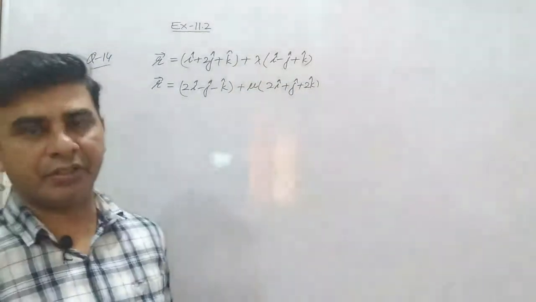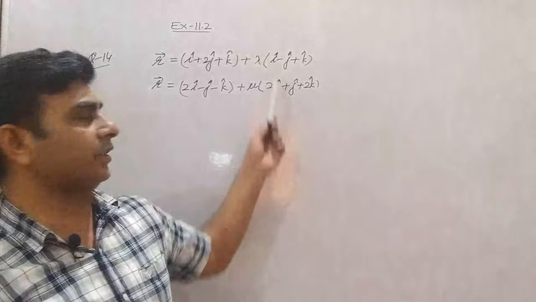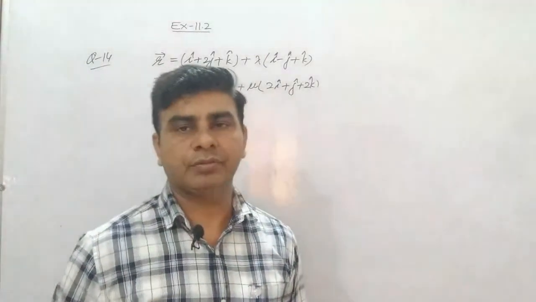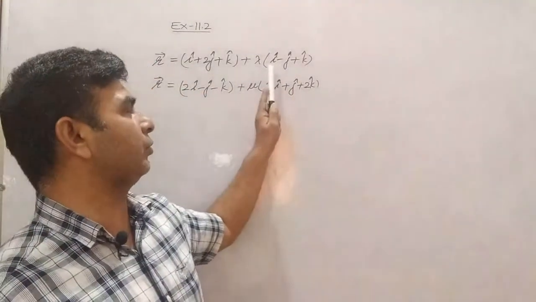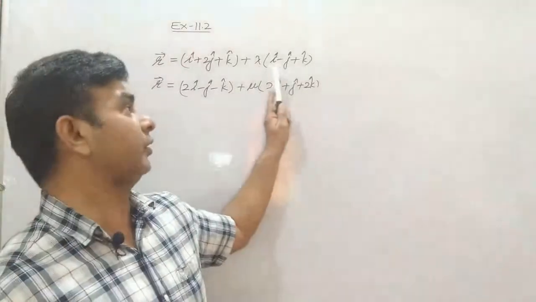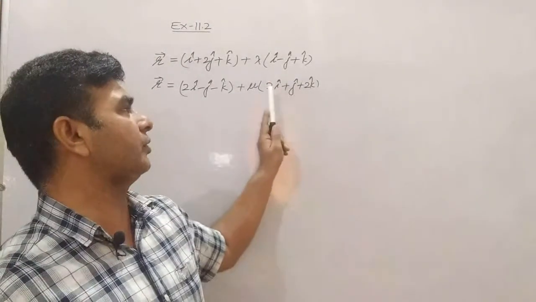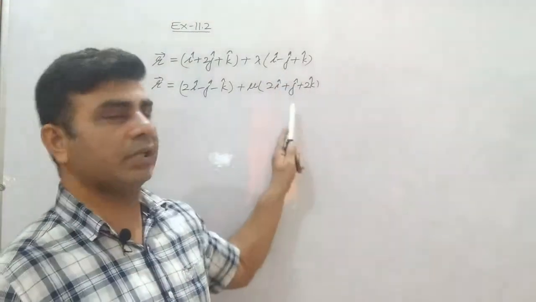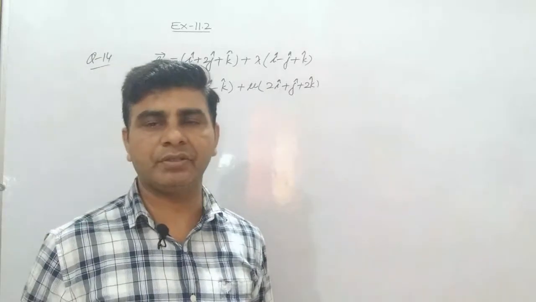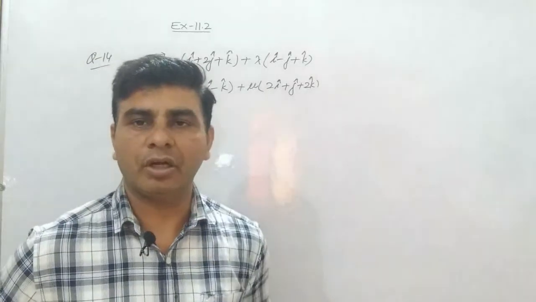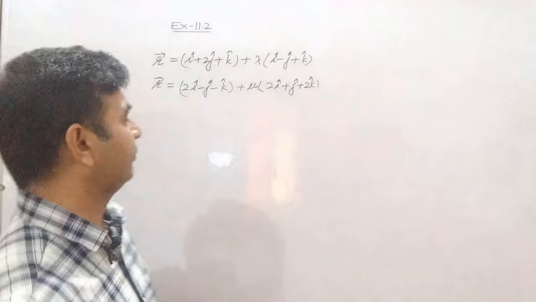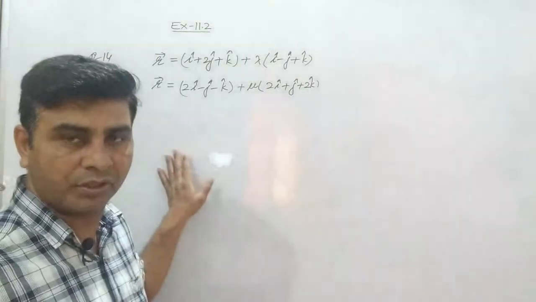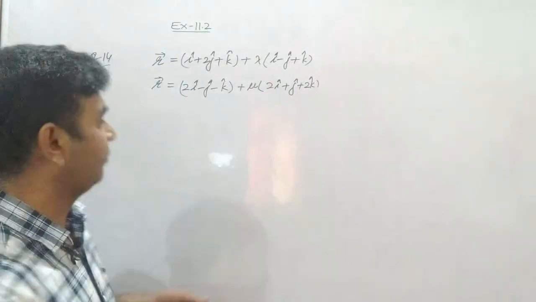First of all, my dear students, you have to check whether these lines are parallel or not. So this can be obtained through the direction ratios of the line. This is 1, minus 1, 1, this is 2, 1 and 2, and these are not proportional to each other. It implies these lines are not parallel to each other. So let me find now the shortest distance in between these two lines by using formula.